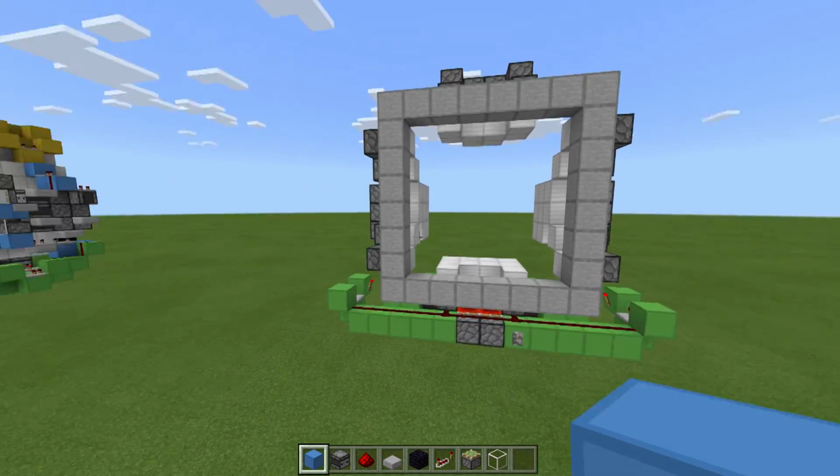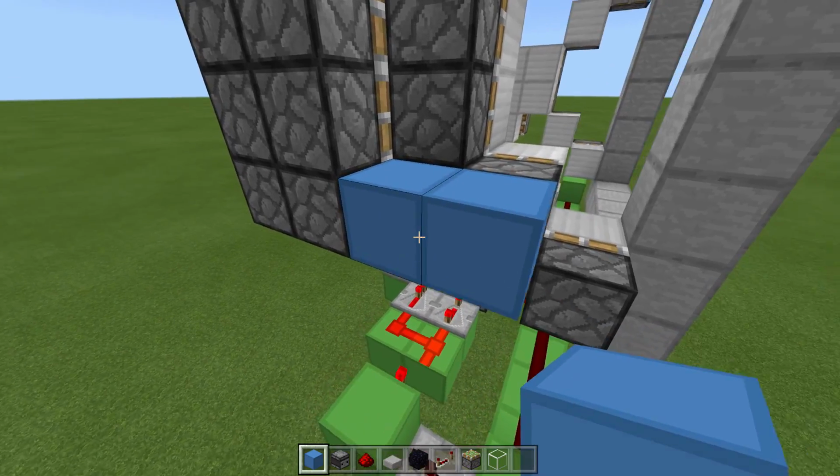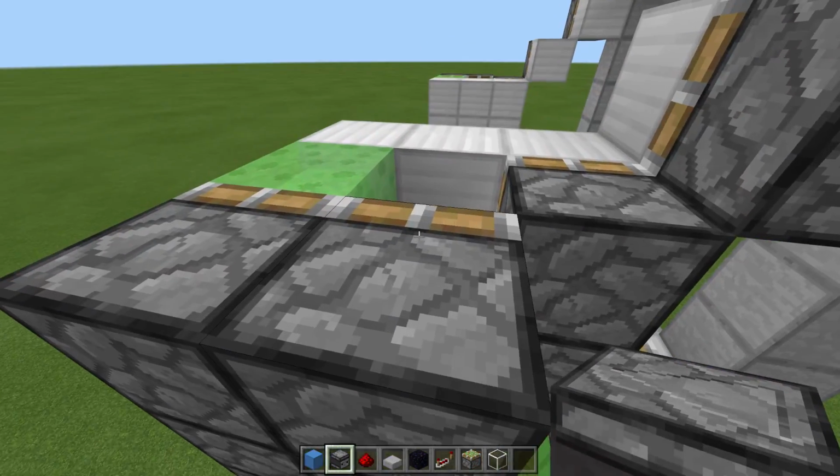Okay, now we've done our bottom section. Now we can move on to the side. So firstly, what I want you to do is place a temporary block here and 1 out. Remove this 1. And now we need an observer going toward this piston here, which is these 3 are our